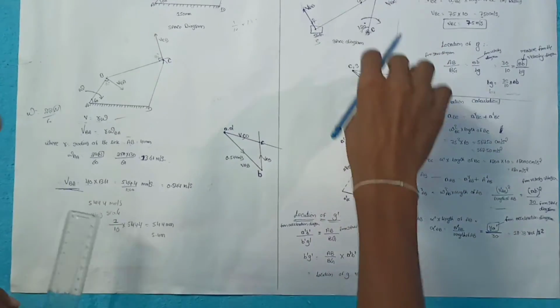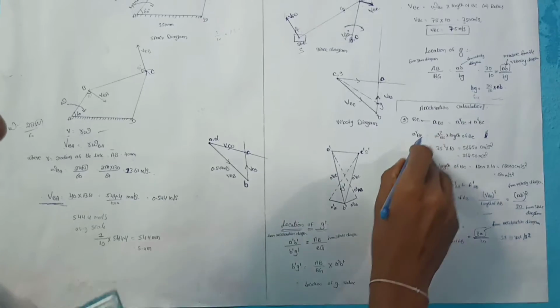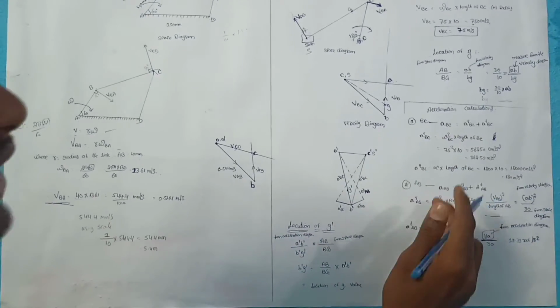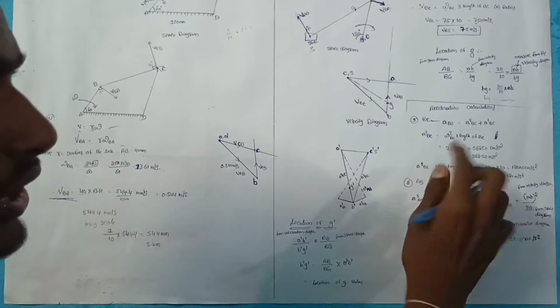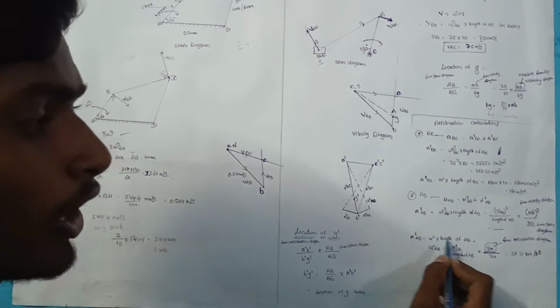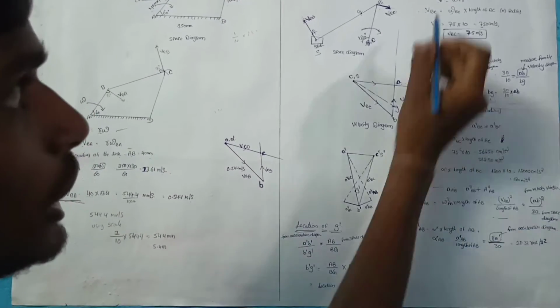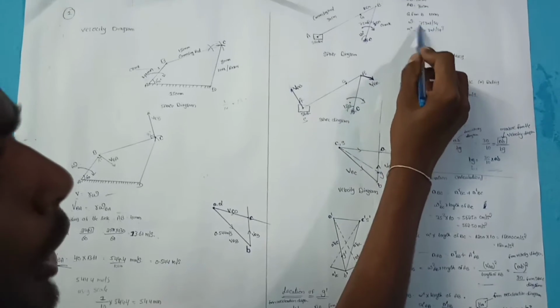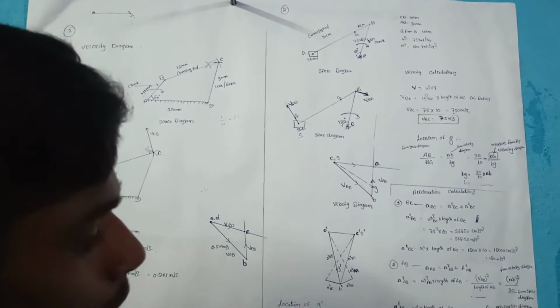Next, if it is a critical diagram, at that time there is another link. For that also we want to find the radial direction and tangential. For every link there are two calculations, radial and tangential. So now here radial we completed. Now tangential. Tangential is also alpha into length of the link. Alpha here also we don't know. He gave only one omega and one alpha value. So for the other link we don't know.